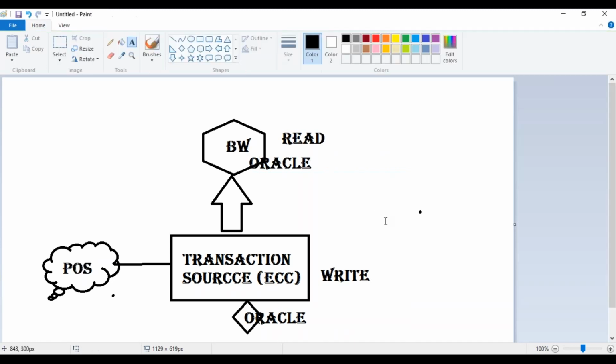Now with the advent of HANA, BW can sit on a HANA database, but as I said, there's something called ECC on HANA. So ECC can also now sit on HANA.